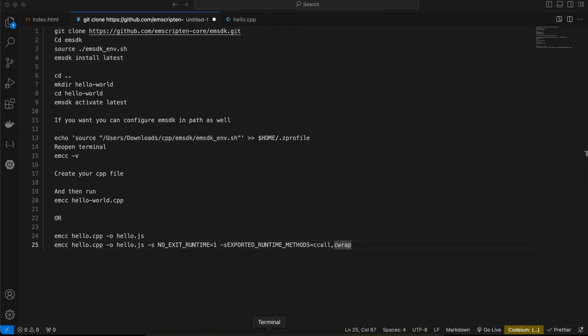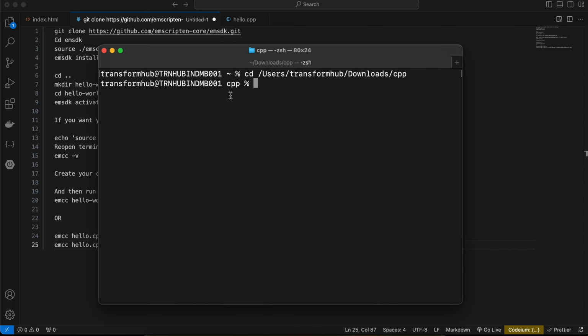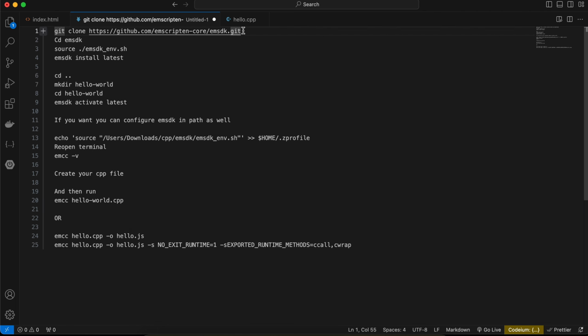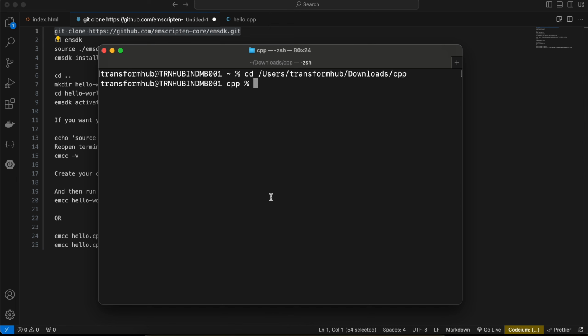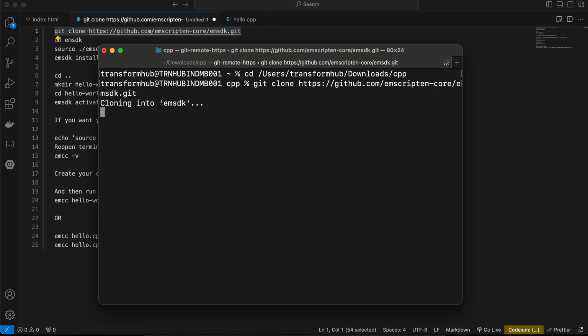So first I have opened my terminal and gone to my workspace directory. I am already in a workspace directory. Then you just have to clone this repo. This is the EMSDK, or Emscripten core, which will help us convert our C++ code to JavaScript code, and then we can call it from another JavaScript or HTML file. So firstly I'll just quickly clone this. Okay, I'll open one more